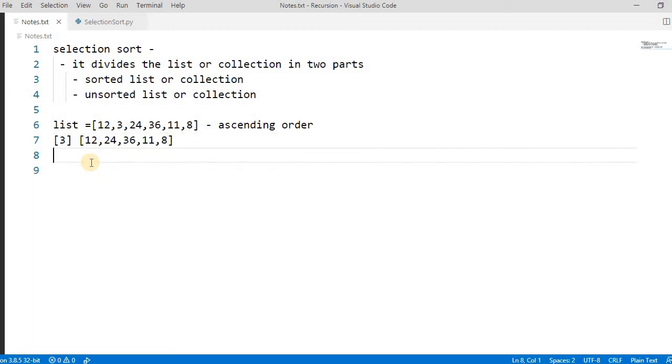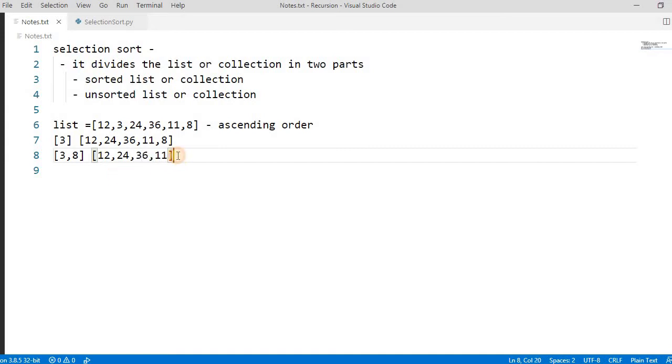In the second pass, again it will find the minimum of the remaining ones, which is 8. So now the sorted part becomes 3 and 8, and the unsorted remains 12, 24, 36, 11, right?